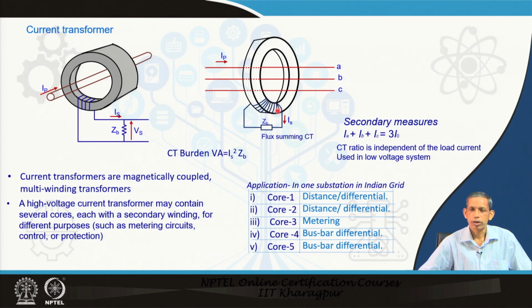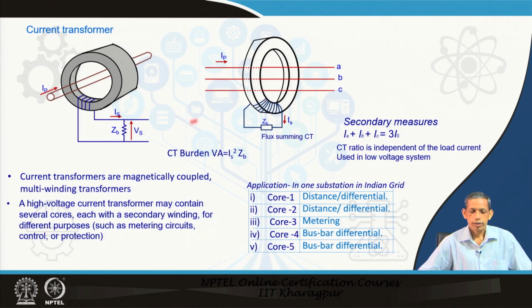This is the corresponding number of turns for the secondary, and then we have the corresponding connection to the relay, and this relay is represented by an impedance Z B, including the corresponding connecting wires. In this case, the currents I A, I B, I C will be added, which gives us the 3 I 0, the corresponding residual current.